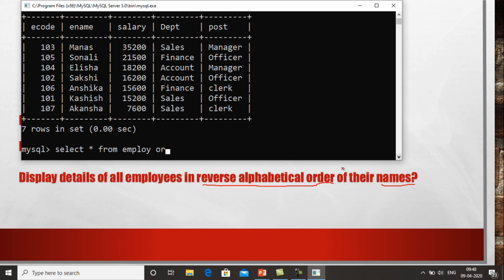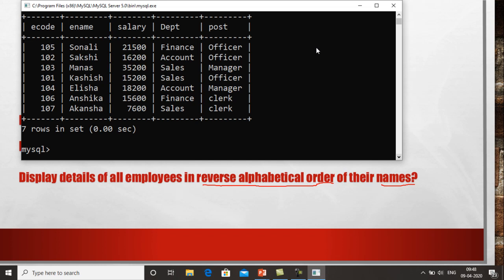So I have written order by ename DESC. So you can see that first the record of Sonali is shown, Manas, and now you can see that the Anshika and Akansha records are shown at the bottom. Why are they shown at the bottom? Because we are using the reverse, that is, in descending order we have shown the records, right?